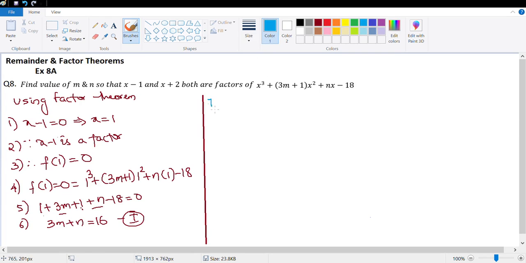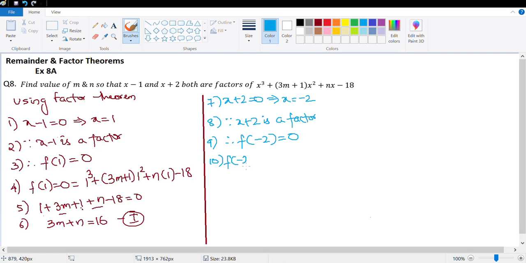Next, x plus 2 is equal to 0, which means x is equal to negative 2. Now, since x plus 2 is a factor, therefore the remainder will be 0. So f of negative 2 will be equal to 0. Let's figure out the value of the polynomial when the value of x is negative 2. So f of negative 2, which is equal to 0, is equal to negative 2 cube plus (3m plus 1) multiplied with negative 2 square plus n multiplied with negative 2, minus